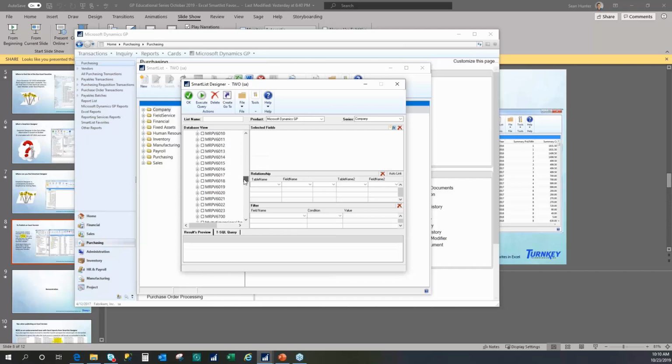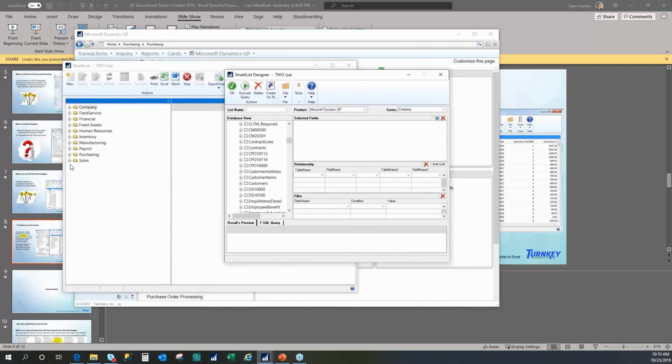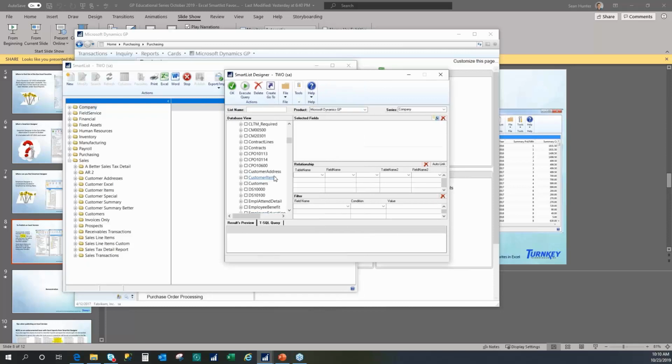But as we scroll down this list, one thing that I want you to pay attention to is as I'm looking through here, you'll start to see familiar faces. So, for example, if I pulled up SmartList side by side with my SmartList Designer right now, and we expanded my sales section, and we look underneath some of these folders in here. Now, I do have some custom ones, but for example, the out-of-the-box one, so if you look at your current installation of GP without any custom SmartList set up, you'll see the same naming scheme that a SmartList has, your main SmartList, so customers,